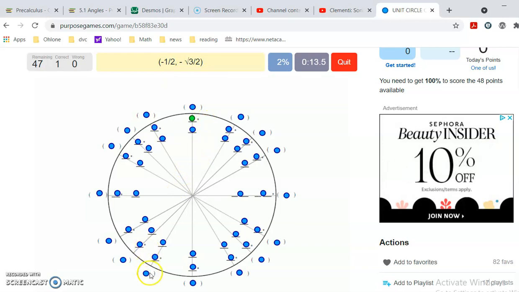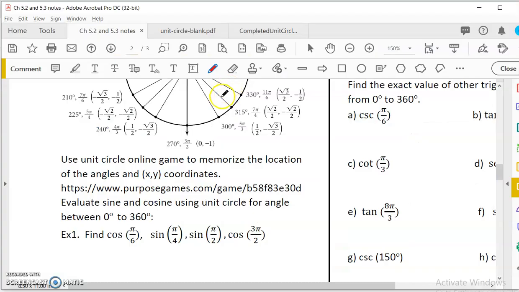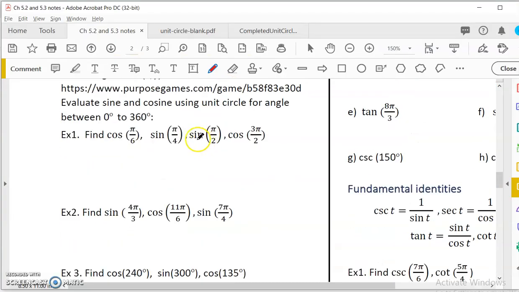Well, I think it is negative, negative, so it's one of these, but I think negative 1/2 will be this one. Yeah, like that. Okay, don't worry about the time, but make sure that you have some tools to get yourself familiarized with the unit circle. So let's try to use these